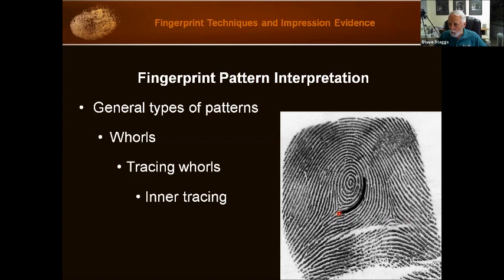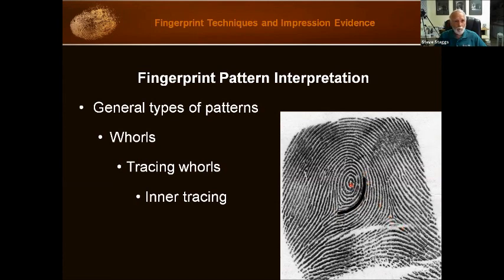So we find the lower one of the ridges and we follow it along. Now, if the ridge stops, we're going to drop down to the next ridge and keep going. If it bifurcates, we take the lower part of the fork and keep going. This one just looks like it's one ridge. So when we trace it along, we see that it falls in between the